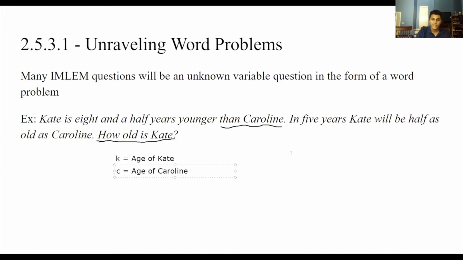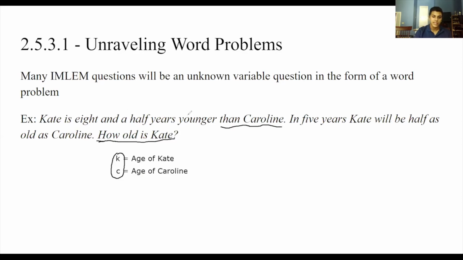And then if we continue reading the question, in 5 years, Kate will be half as old as Caroline. We see that nobody new gets brought up. So K and C for Kate and Caroline's age, respectively, will be the two variables that we're going to work with in this question. Okay, so now let's go back to the first sentence and try to create an equation